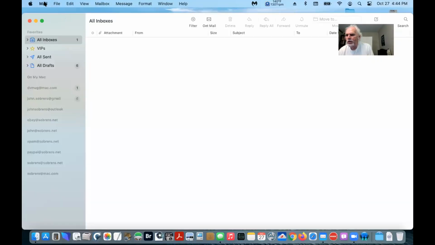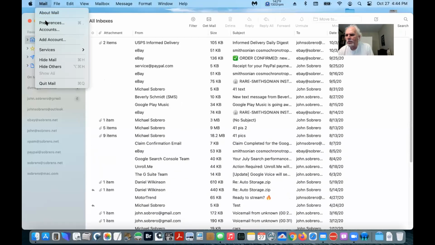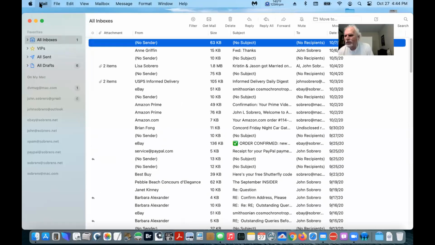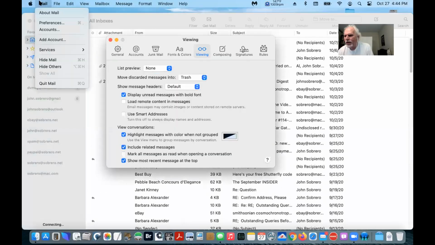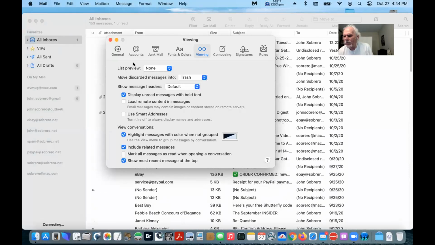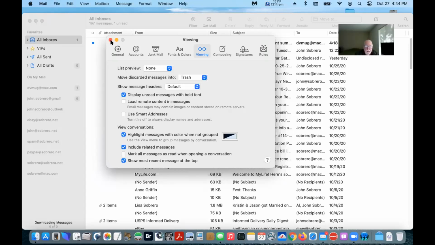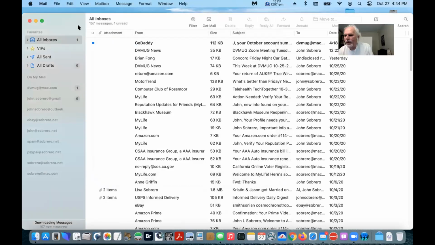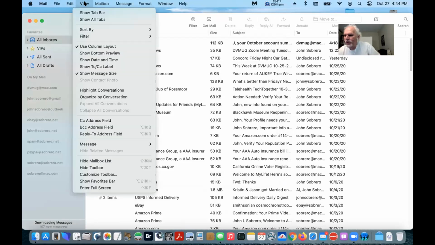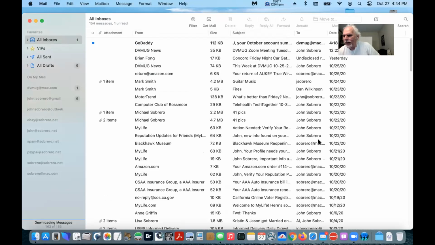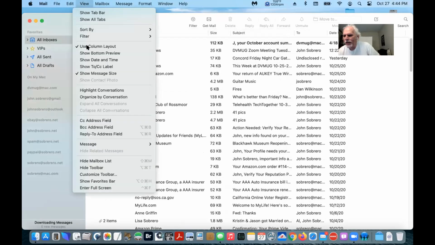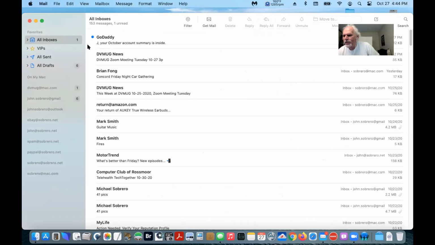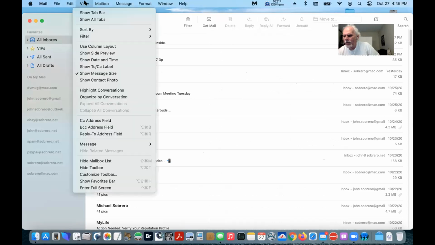It used to be that you would do that in preferences. Right. And in preferences, under viewing, there used to be a checkbox to use classic mode. Exactly. They took that out, and now they changed it so you can do the same function. Notice mine is in columns. See that? That used to be called classic. If you don't have that on, it's in this mode, which I call the iPad view.